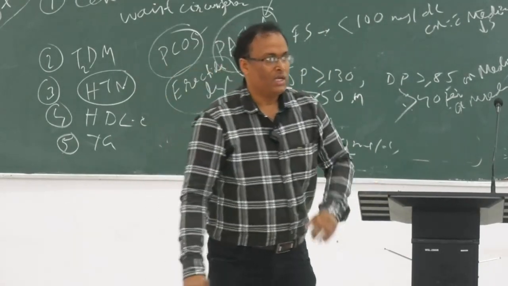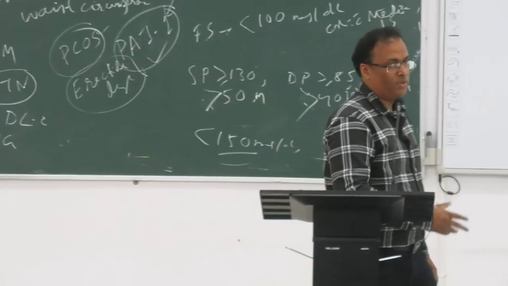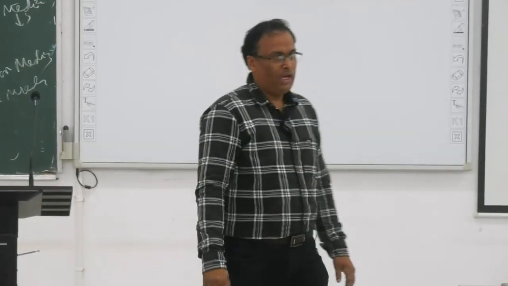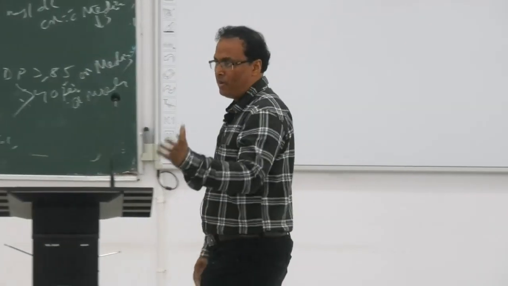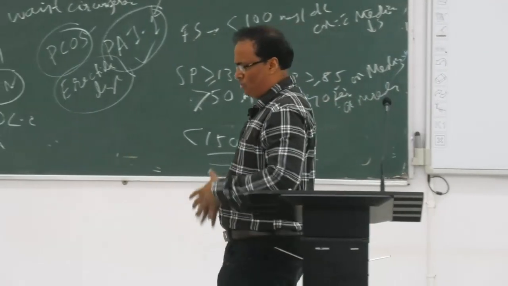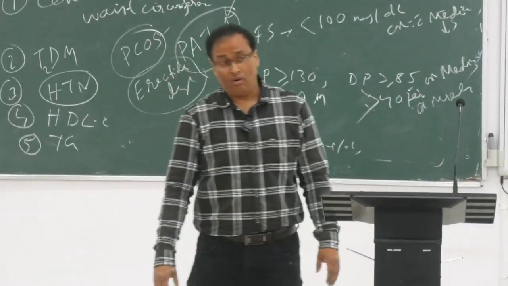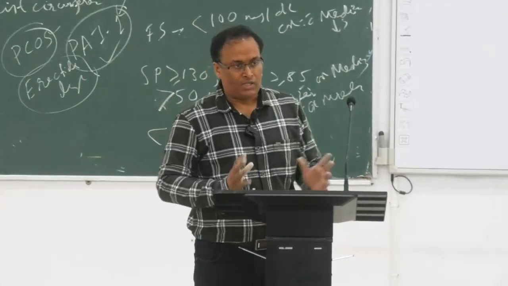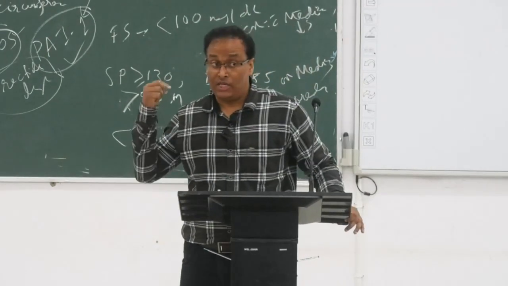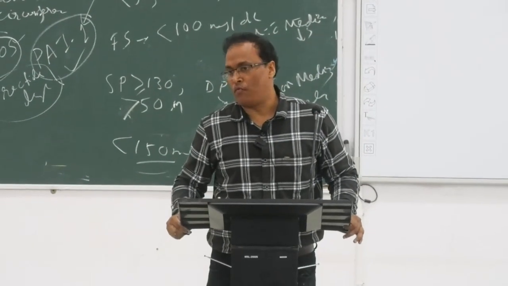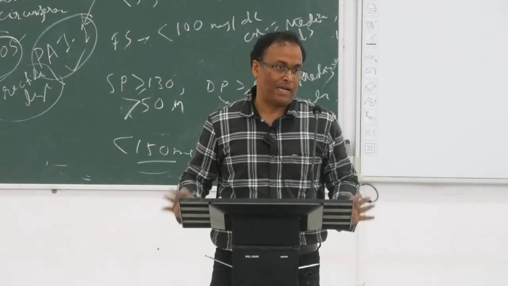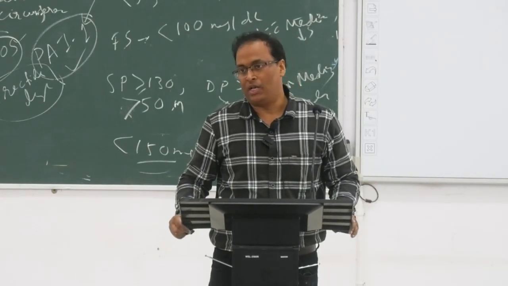criteria. So waist circumference, central obesity. In your family, if you see that your mother, father or your maternal uncles or aunties are too obese, always suspect and see whether the waist circumference is increased, and do a routine lipid profile and at least a fasting sugar. You can check the BP itself.